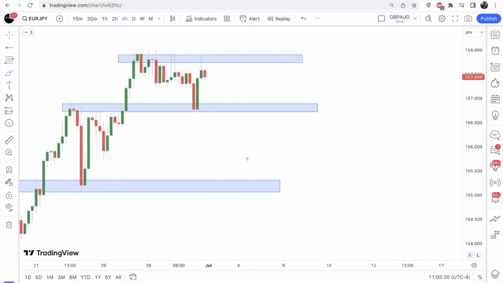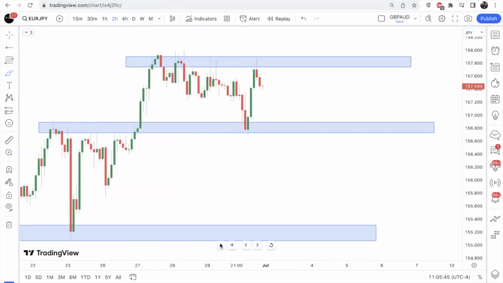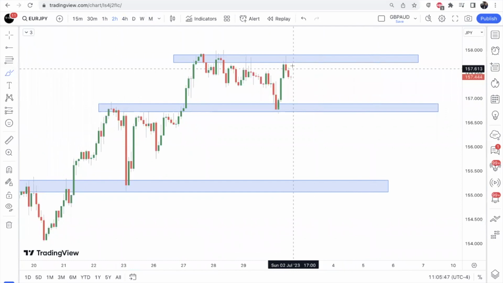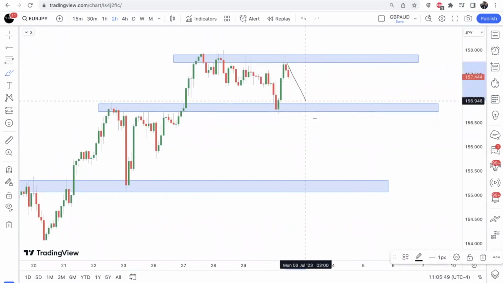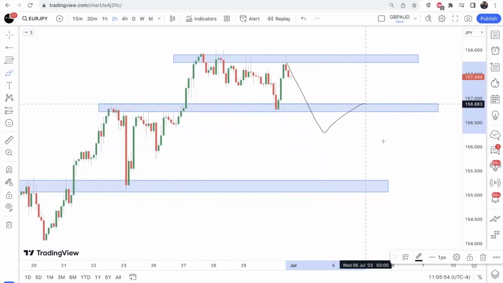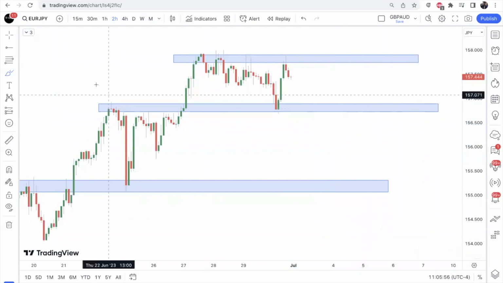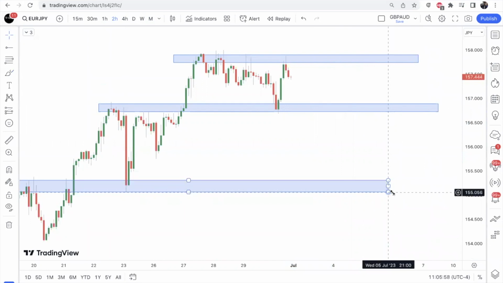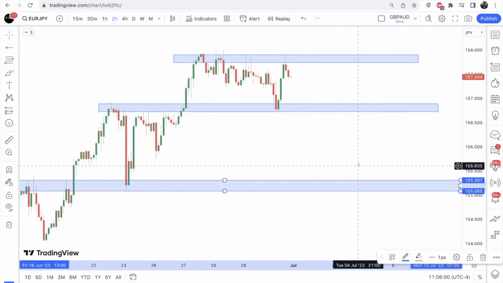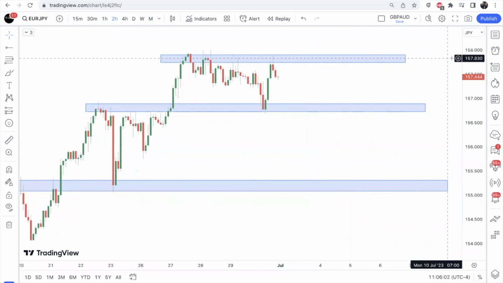So for me, moving forward, in order to look for sales, with this being so bullish, I would need to see a break of structure. If we get a break of structure, then maybe a pullback or retest, and then you could look for price to set up for the potential correction that's long overdue. But until then, it's still bullish.